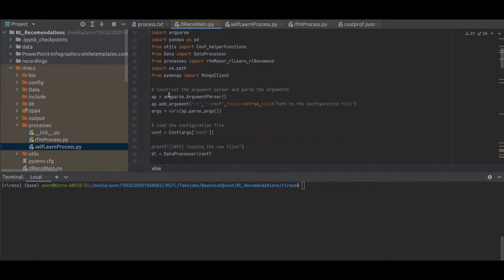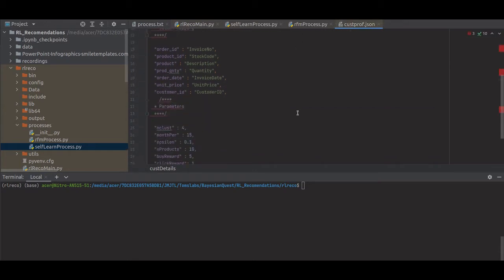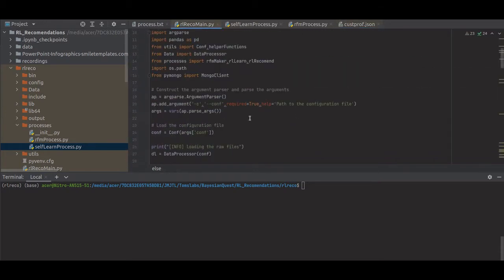The next part, lines 19 to 21, is your argument parser, how you give your arguments. We have seen the construction of the configuration file. This configuration file is passed through as an argument in the terminal. We'll see that when we implement this, how it is passed through as an argument in the terminal.